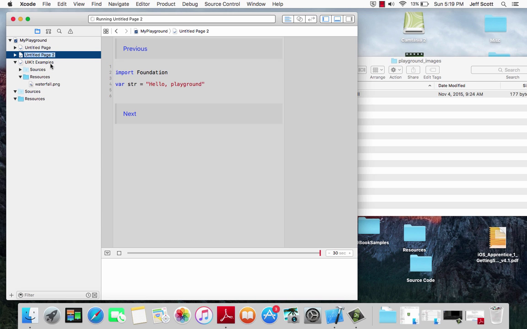We are to rename that page Live View Example. All right, and with the Live View Example page up there, we are to remove everything that's on the page